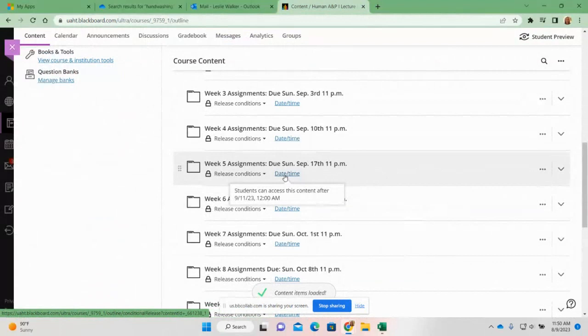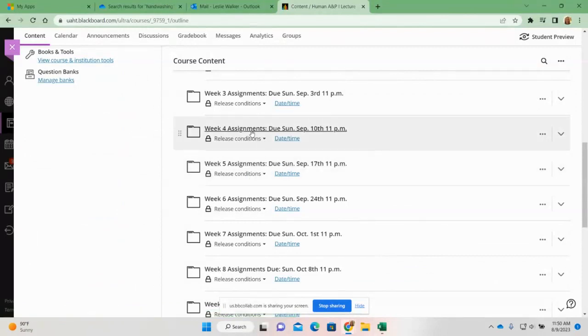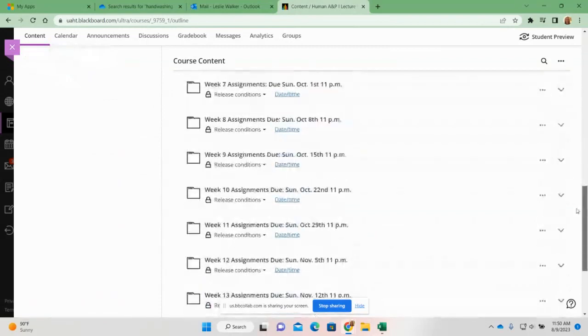This is when it's going to be released. And for all of my courses, I have them opening up on the end of the day that the other is due. So if we have week 4 here, it is due September 10th at midnight or around midnight, between 12 and 1 the same day. Week 5 will open up. Now, some instructors may choose to change this, and if so, they will let you know when that's going to